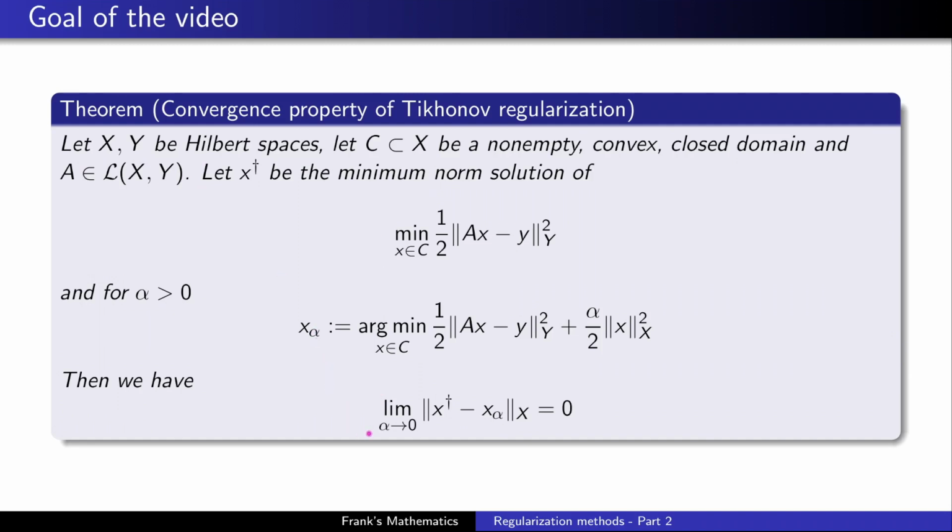So strong convergence or norm convergence is not guaranteed, of course. Usually you only get weak convergence, weak star convergence, and stuff like that. But here we get strong convergence. And this is, of course, a huge argument for using the Tikhonov regularization, because norm convergence